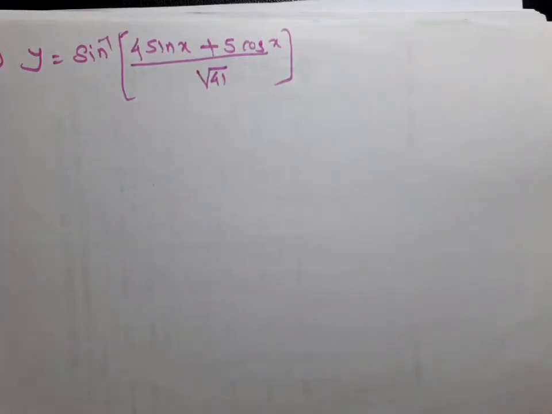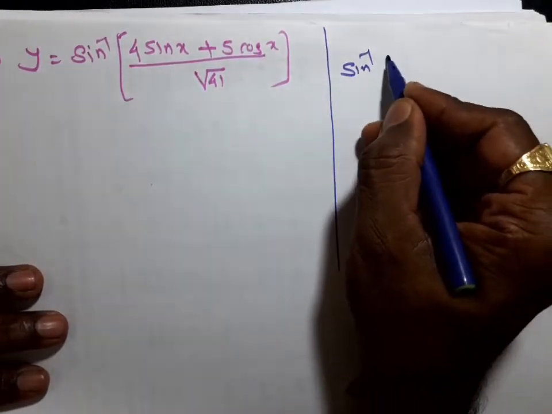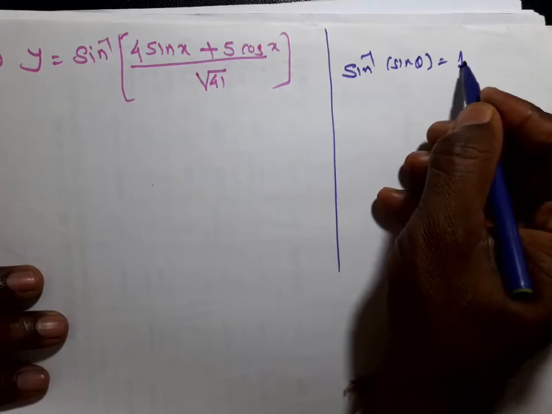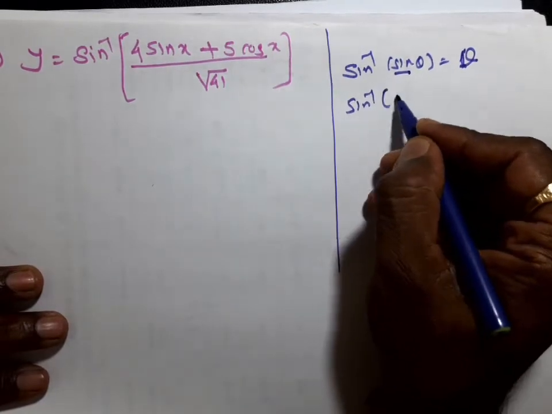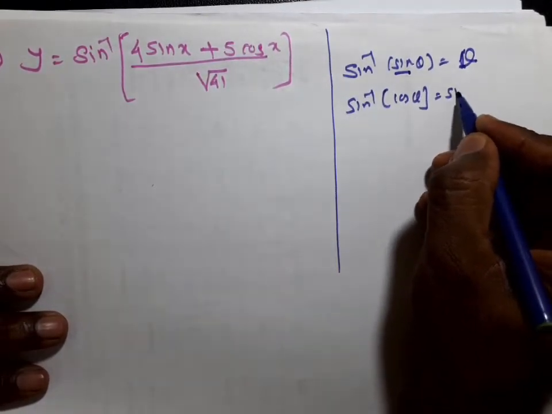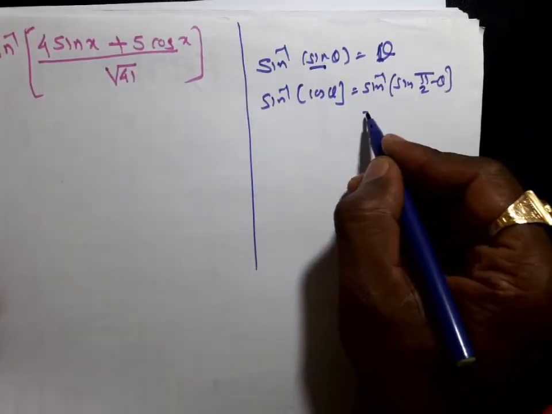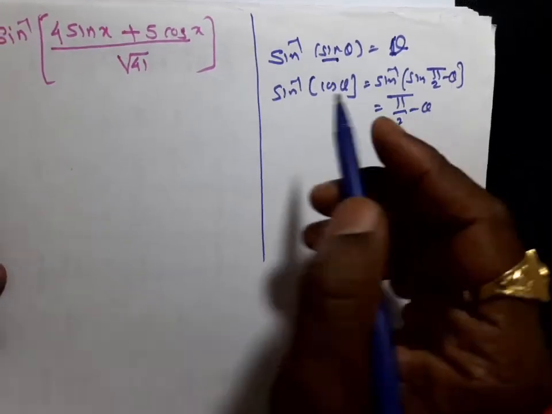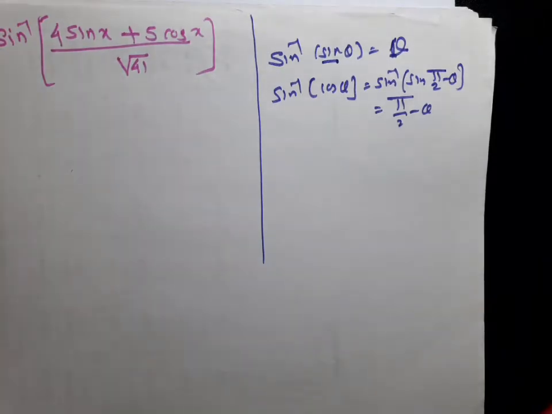Now, a very interesting example. We have to reduce the inverse trigonometric function. It is very complicated. So this can be reduced by various ways. You know that sin inverse of sin theta is equal to theta. So it must be sin or cos, because sin inverse of cos theta is nothing but sin inverse of sin of (pi by 2 minus theta), means only pi by 2 minus theta. So inside the term, that must be sin or cos.